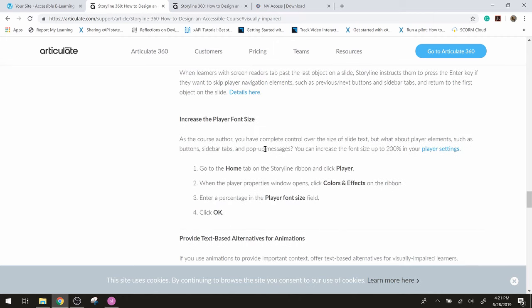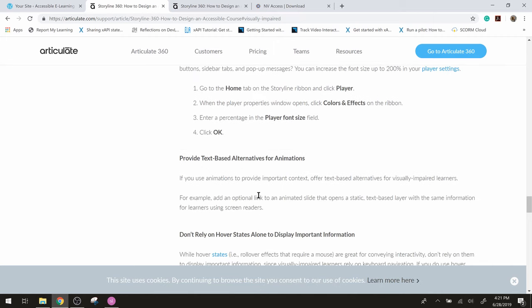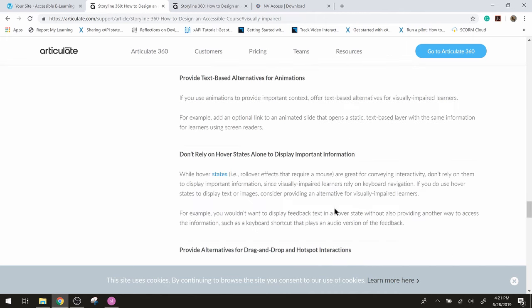Increase the player font size. We can do that. Provide text-based alternatives for animations. We're not going to get into that. Don't rely on hover states alone to display important information. I've done a thing with status and states and stuff like that, and I'll probably show that in another video. But